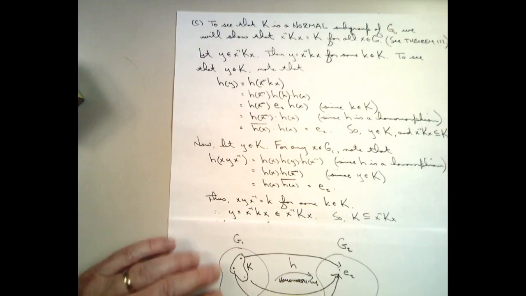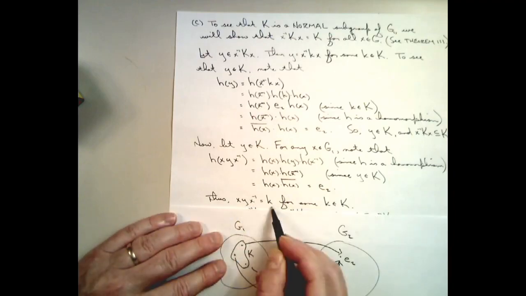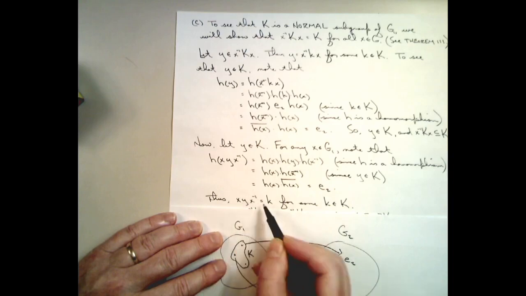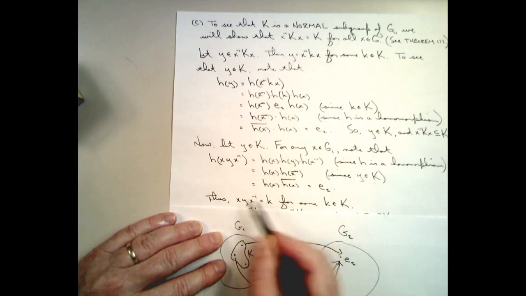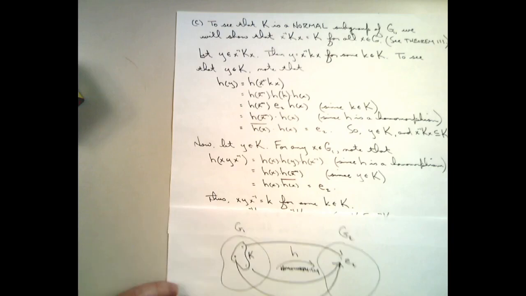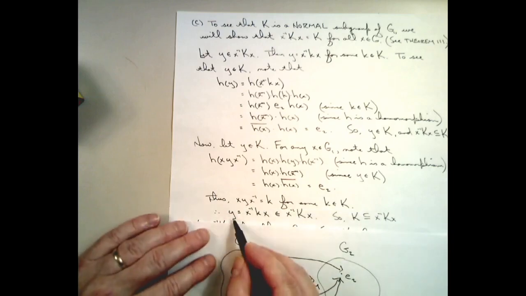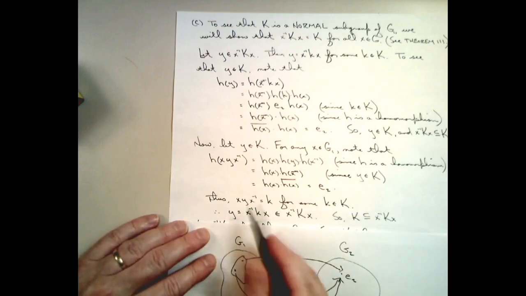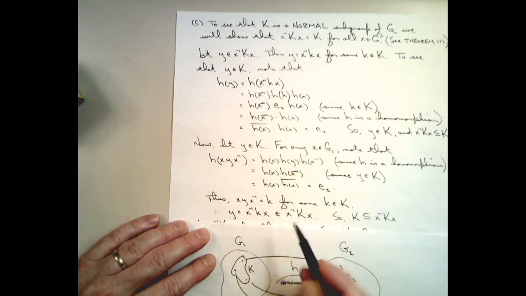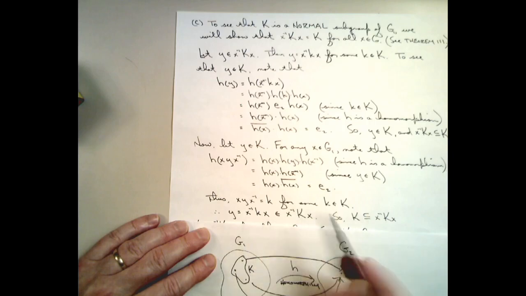Well, what that means is, since this product is equal to k, if I multiply on the left of both sides of the equal sign by x inverse, and then I multiply on the right by x, what I'm going to wind up with is y all by itself over on the left-hand side, and I'm going to have x inverse kx over on the right,